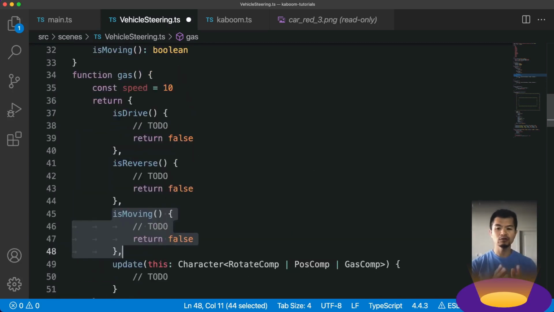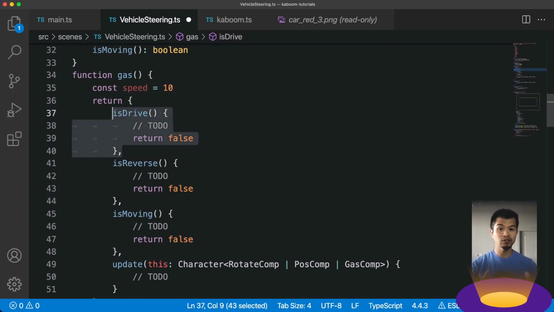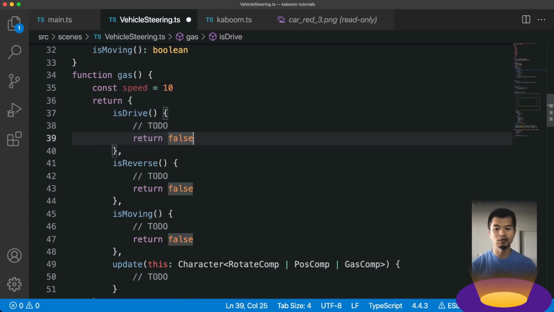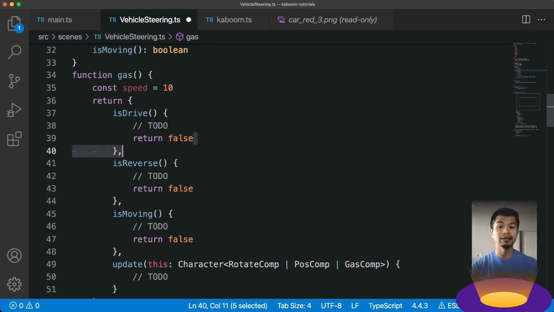So how we'll do that here, this is stubbed, is by detecting if the up key is pressed for drive, the down key is pressed for reverse, and if either drive or reverse is true, then is moving is true. I like to do this in projects sometimes: I'll stub out the function that I'm going to implement. If I know I'm going to return a number value, a string value, a Boolean value, or an object or whatever, I just return some default value